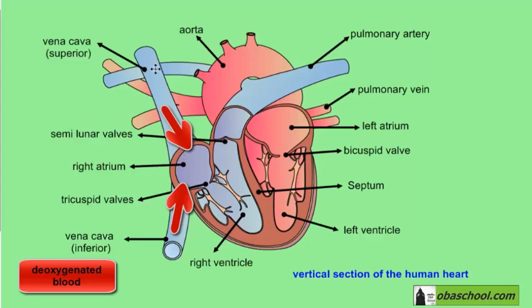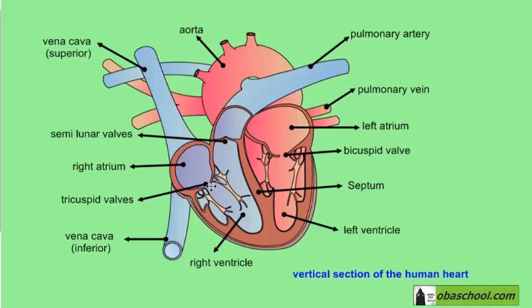and the tricuspid valve at this point is closed. So for this blood to pass through the tricuspid valve, we need the right atrium to contract. So the right atrium contracts, the tricuspid valve opens, blood is now in the right ventricle, and then the right ventricle contracts, the semilunar valve is open, and this blood is able to pass through the pulmonary artery to the lungs, where it will